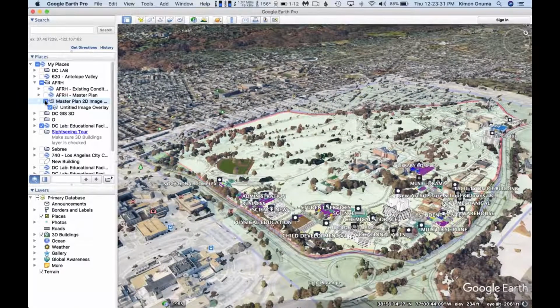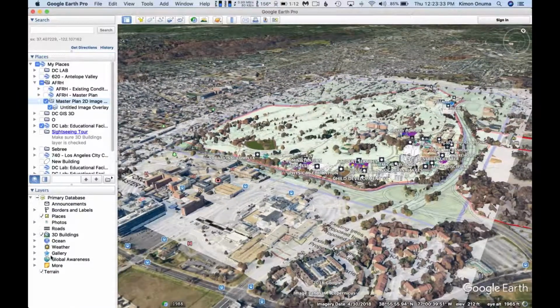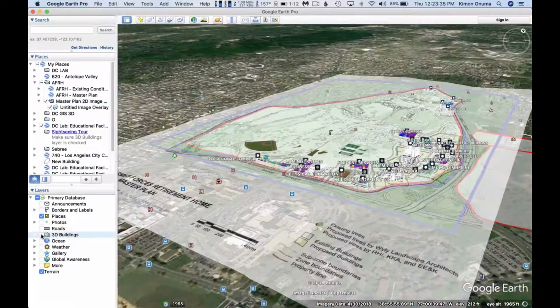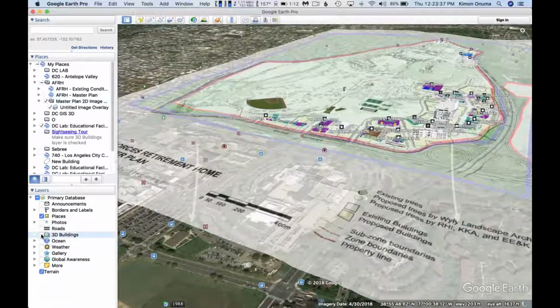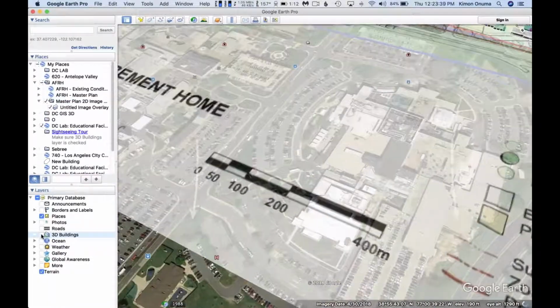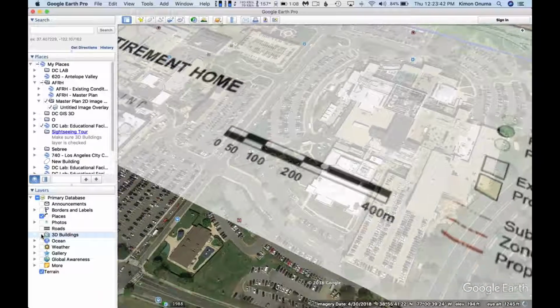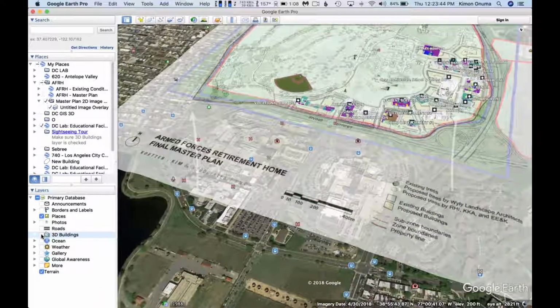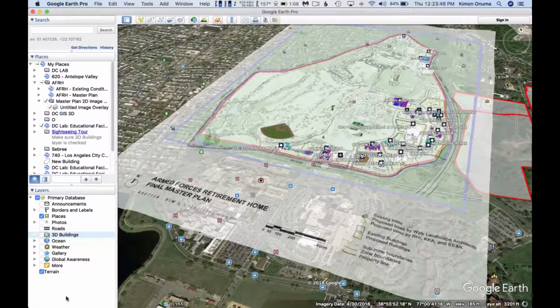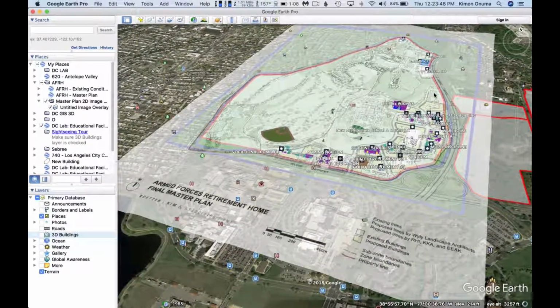Yeah, there we go. We did catch one thing that was kind of interesting when we first brought the master plan in: there was a document dimension line that was incorrect. Somehow it was scaled wrong, but putting it in GIS, the scale doesn't really matter. Even though this scale here is wrong, it matches now in the background.